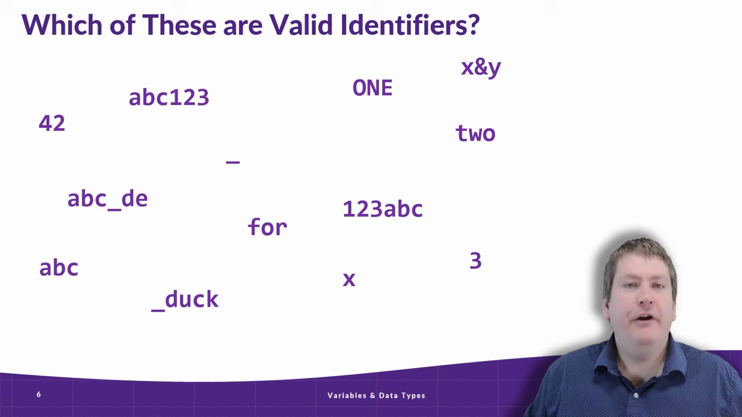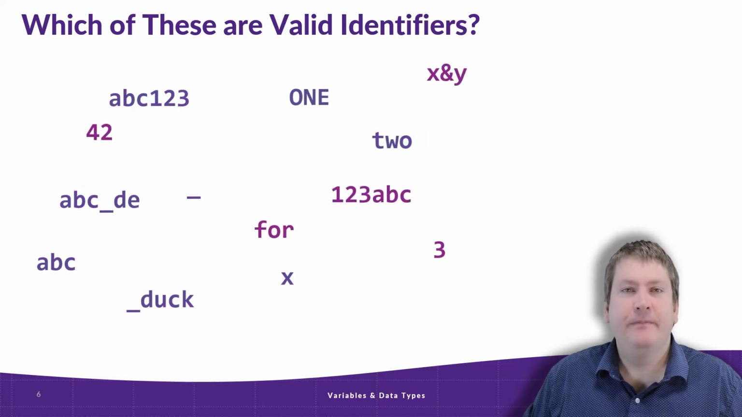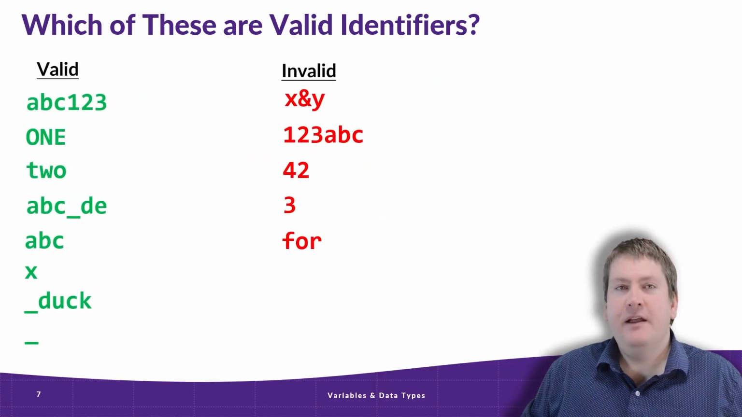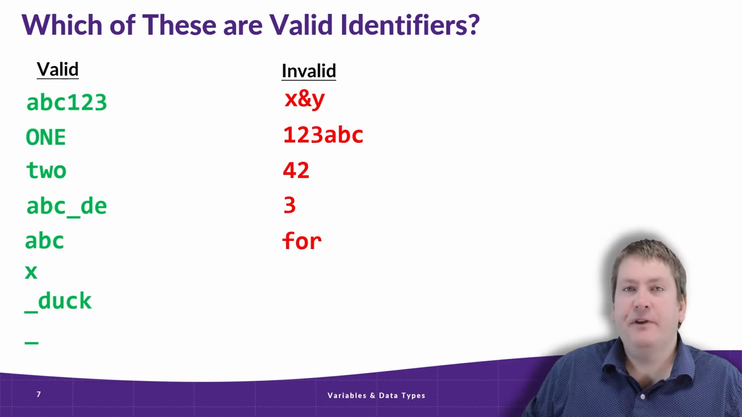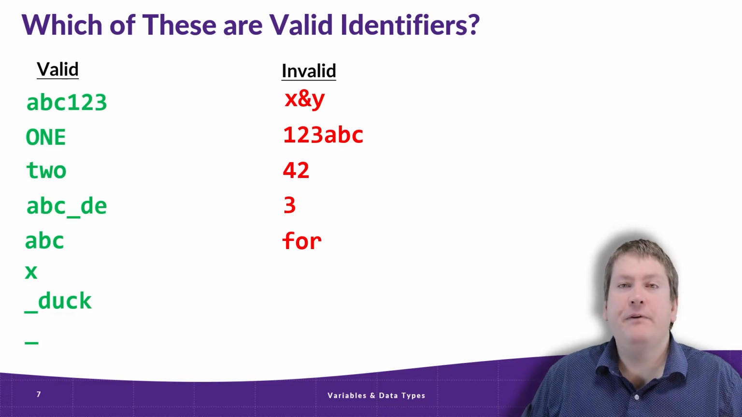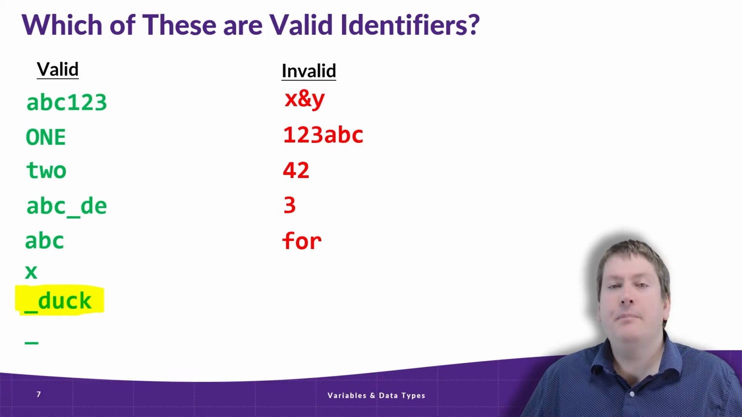Okay, did you get them classified? Here's the solution. I've sorted them correctly here. Let's take a look at a few of the more interesting ones. Underscore duck is allowed as the identifiers can start with an underscore, but perhaps more surprisingly, just an underscore is